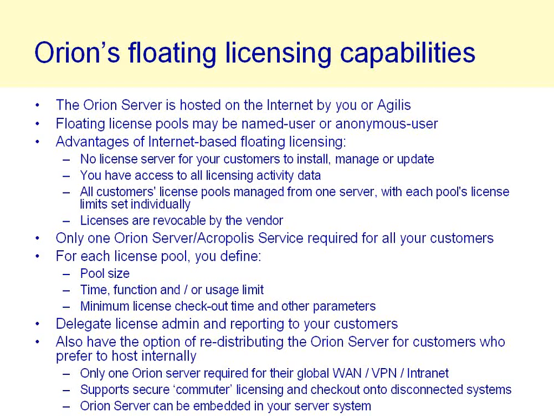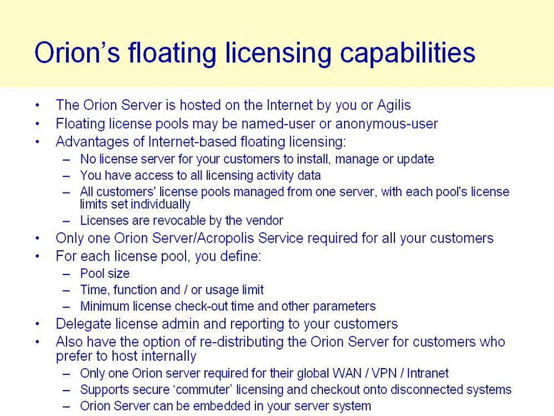Say you have customers who say, well, I don't want to have any network. I want to have nothing going outside my network. It has to be entirely self-contained within my network. You can redistribute the Orion server for installation on their network, provide them with the license key that will define how many licenses are enabled, what functions are turned on, and so forth. And then some advantages Orion brings in this scenario is they would only need one Orion server for their entire global wide area network. That unlike older systems, you don't need to have a license server per local area network with pooling and load balancing and all that stuff. That just one server would cover their entire global network.